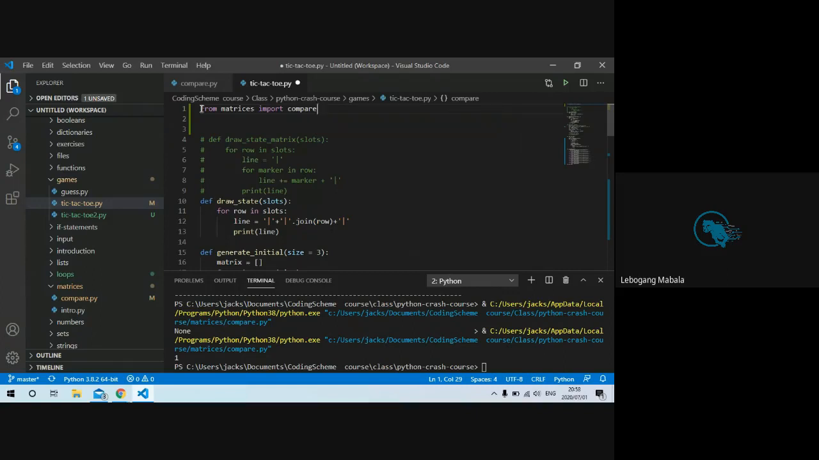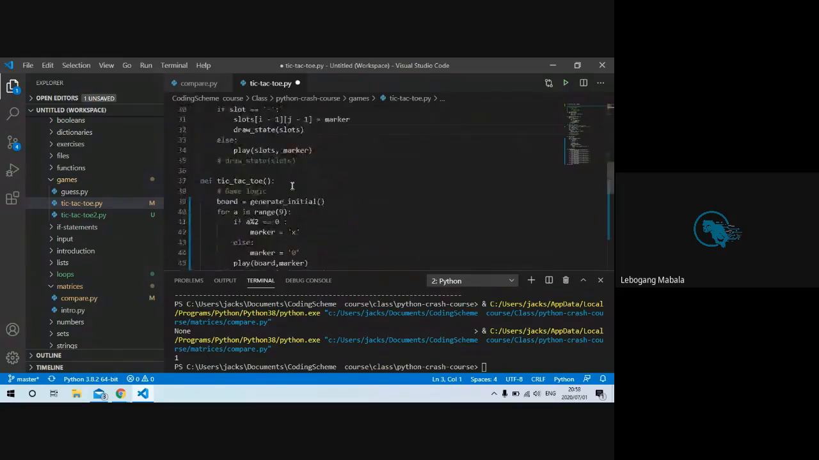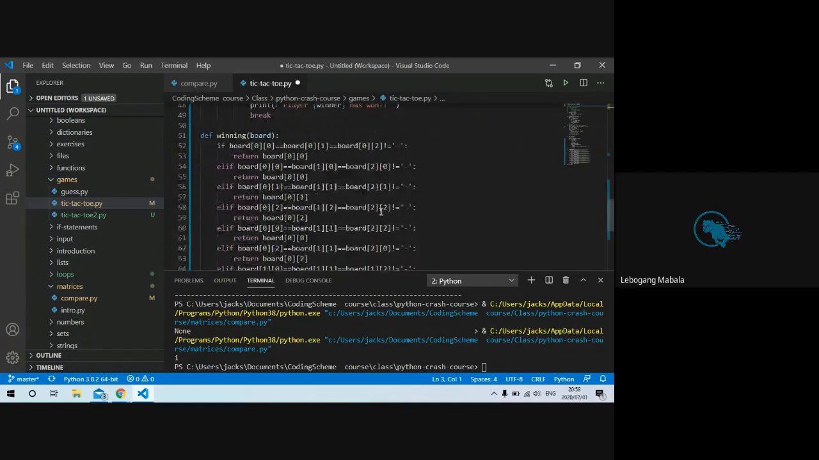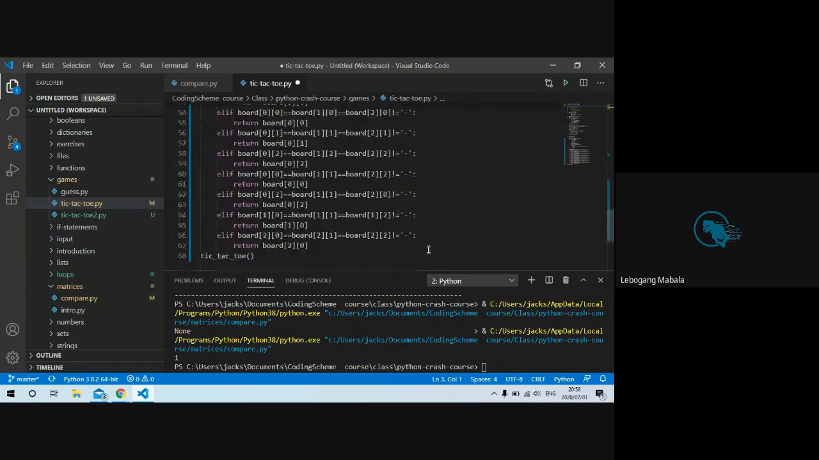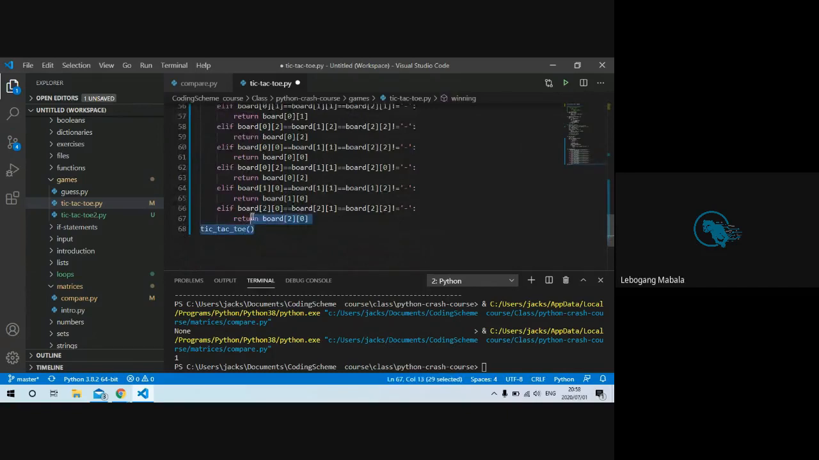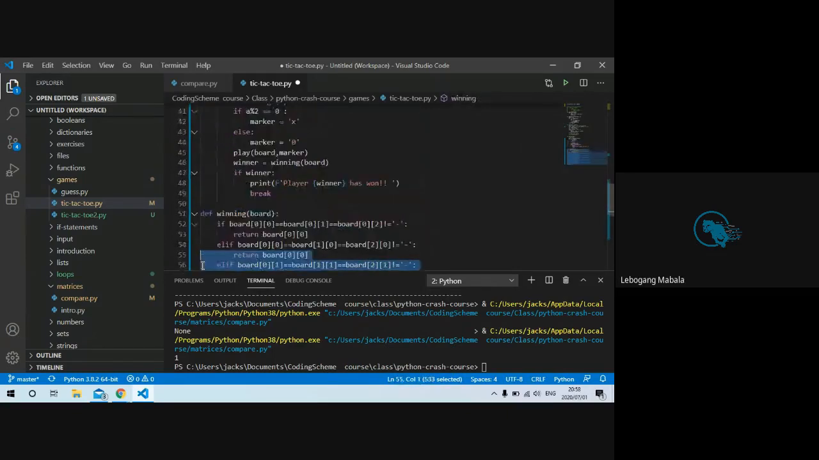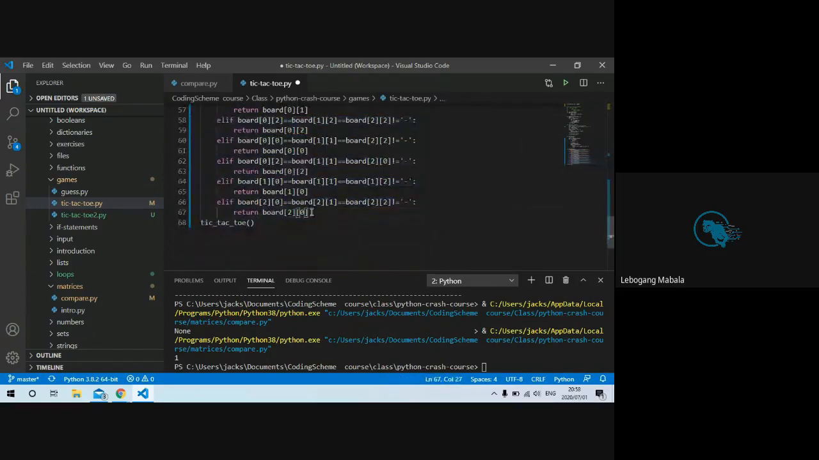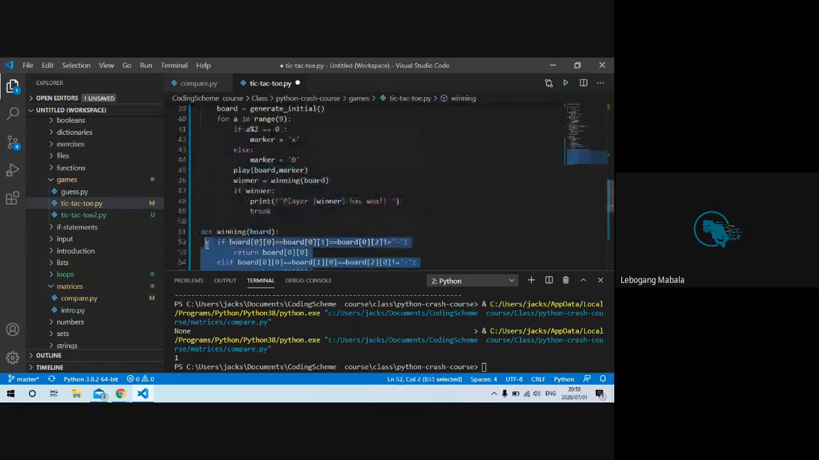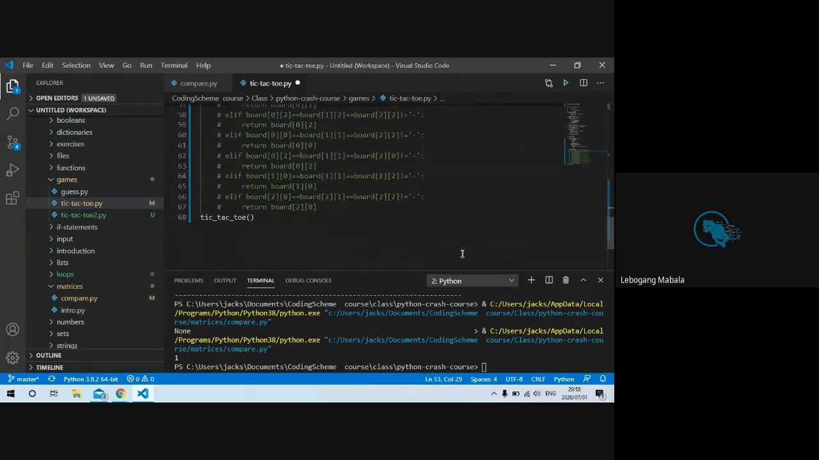Now go down to the winning function there. So comment everything out. Not there, inside the function, not the last line. Comment that out. Just go anywhere inside the function where you want to write your code. So write winner equals to compare